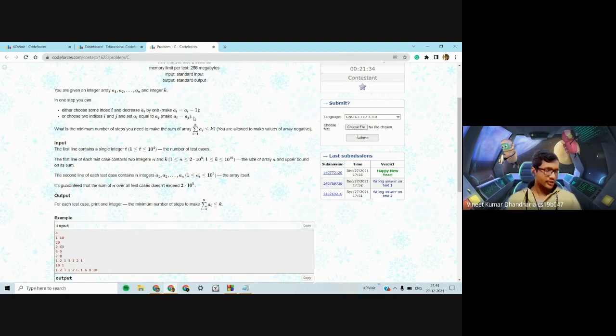And simultaneously, you can also see that you would choose ai to be the maximum element of the array, so that you can make the complete sum as small as possible. So this is one greedy thing you can easily see.